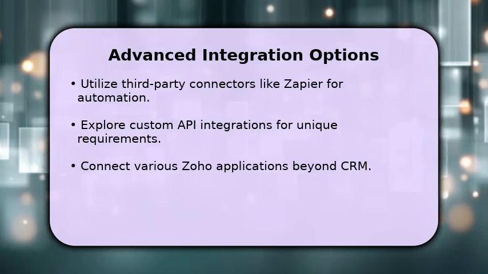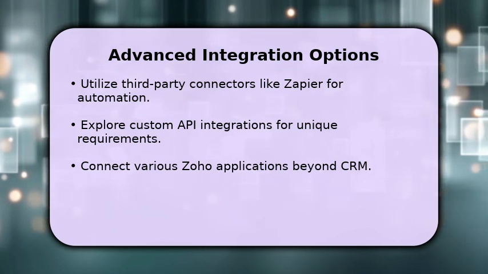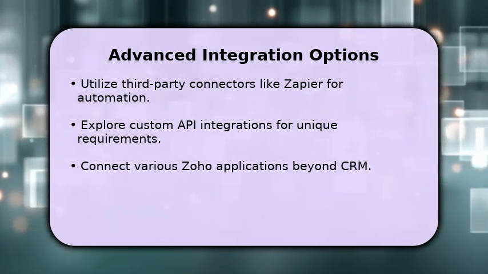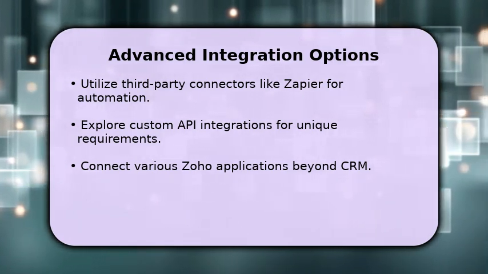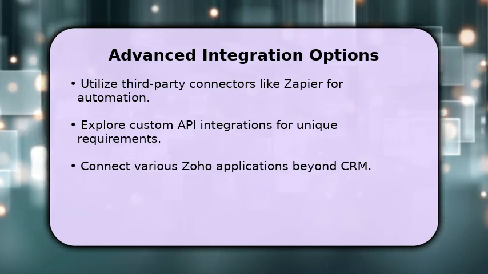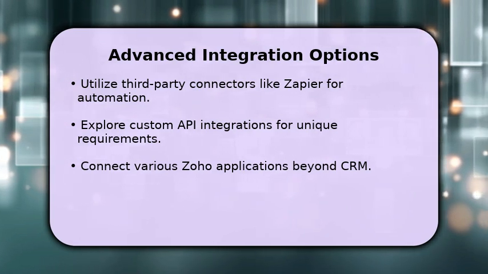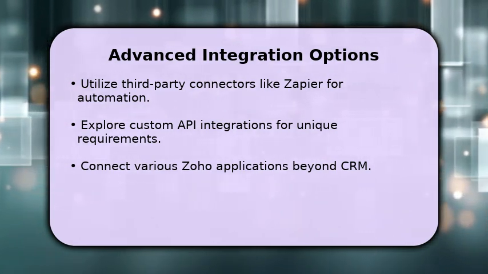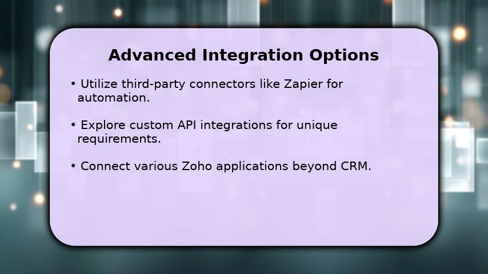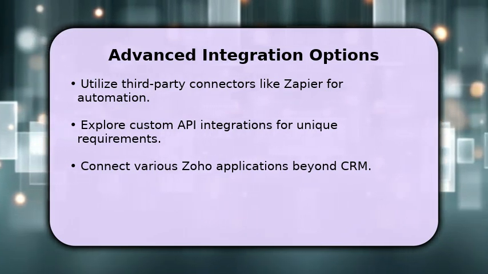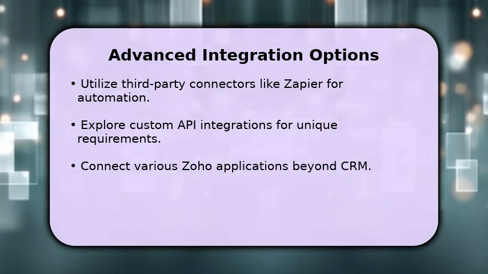For more complex or custom integration needs, consider advanced options. Tools like Zapier can automate workflows between Zoho and WordPress, connecting hundreds of applications with pre-built zaps. Alternatively, if you have specific development expertise, you can leverage Zoho's robust API to build a completely custom integration. This allows for highly tailored data synchronization and extends connectivity beyond just CRM, linking other Zoho applications like Books or